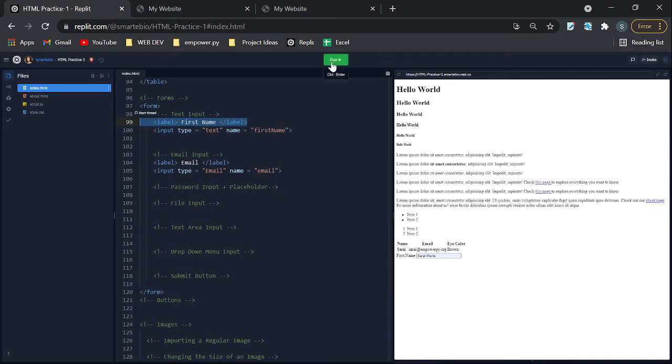Okay, so if we run that, now we have an email, and we can look, it pops up all of our emails here. So it's my personal email right there. Isn't that cool? It just pops it up. Okay, now the next one